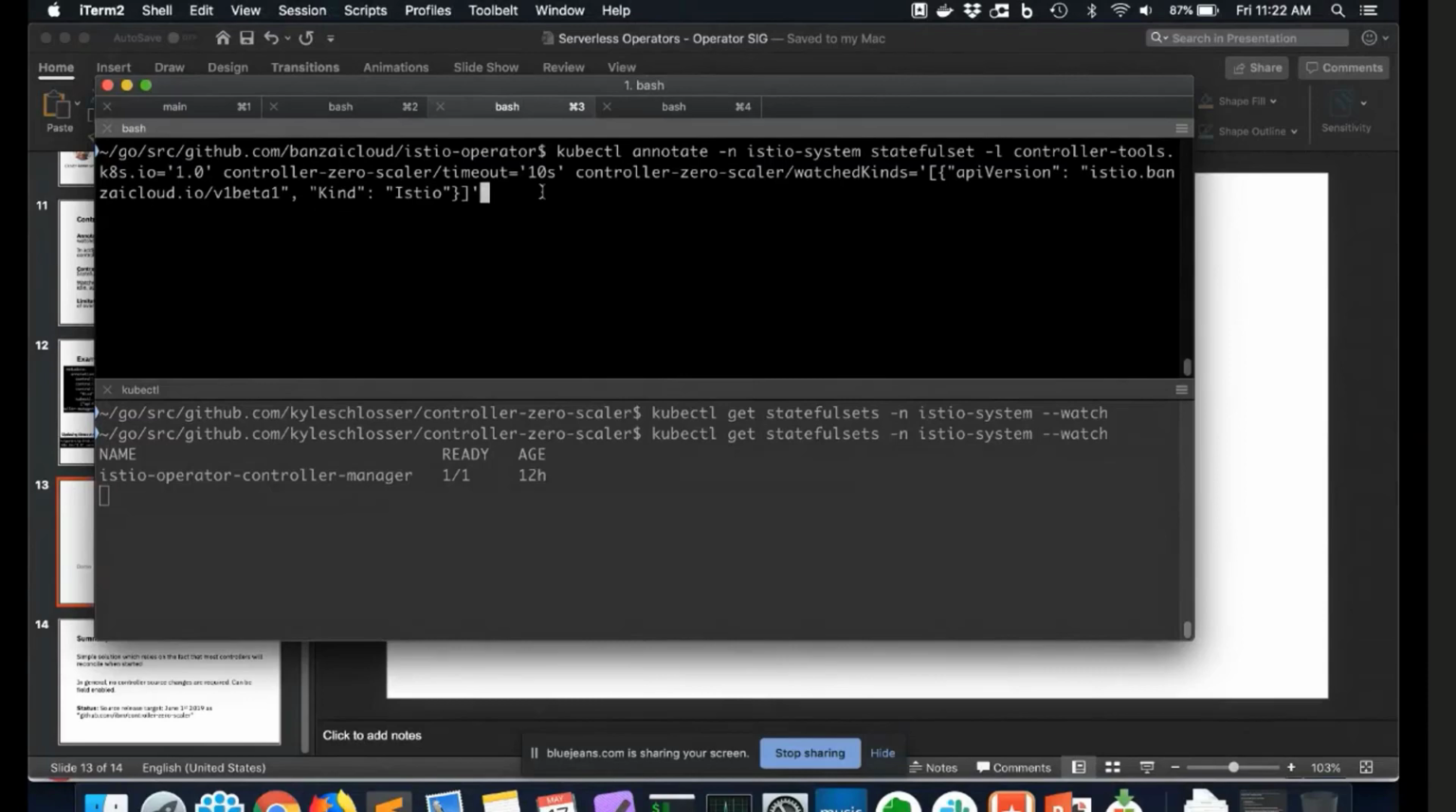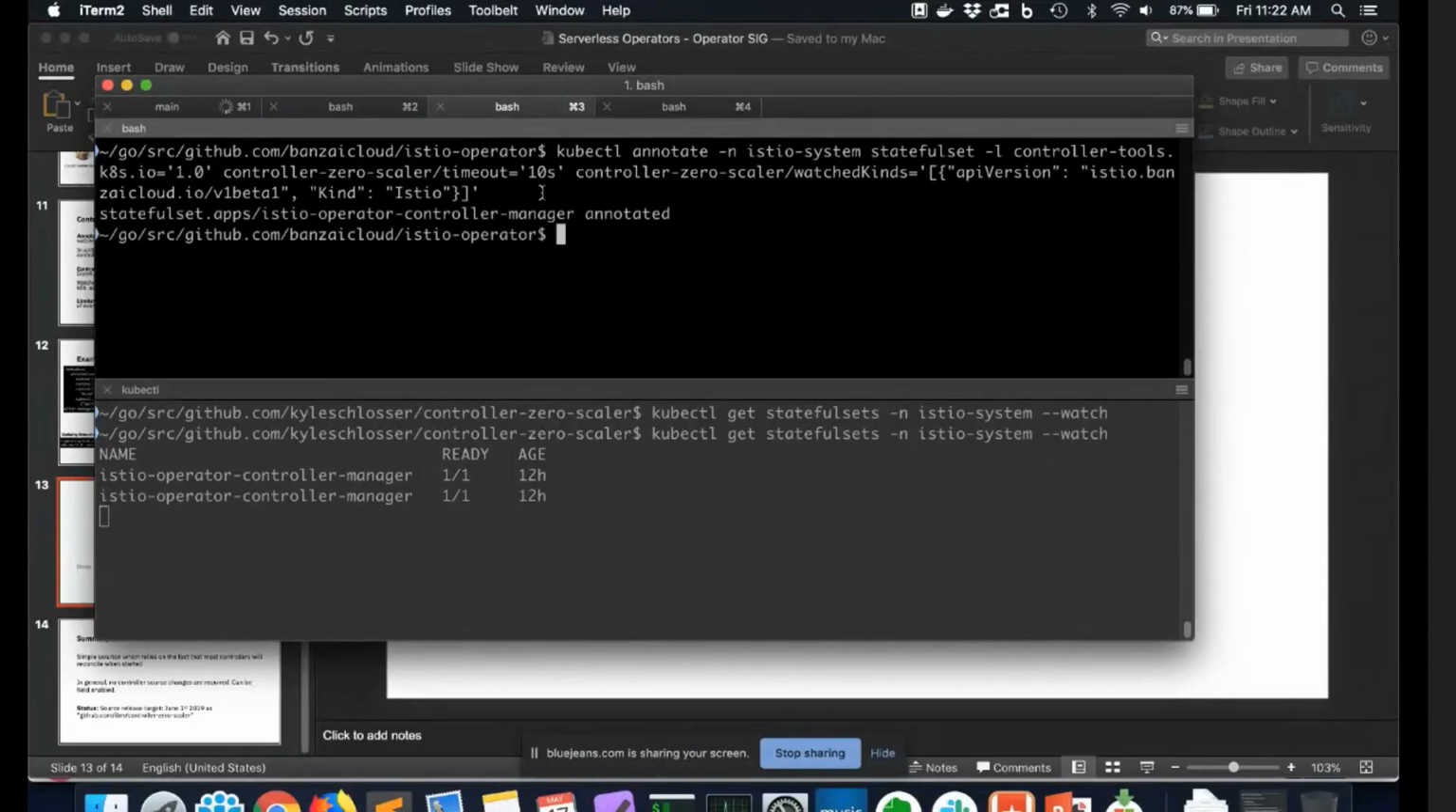I'm going to use a 10-second timeout, which I think is probably shorter than what you would typically use in a production case, but it works well for this demonstration. And then I'm just specifying which watch kinds are relevant to that controller. So that will be the determination of when the controller actually gets scaled down. Okay, so we've now annotated that controller, and so after 10 seconds of idle, we should see that